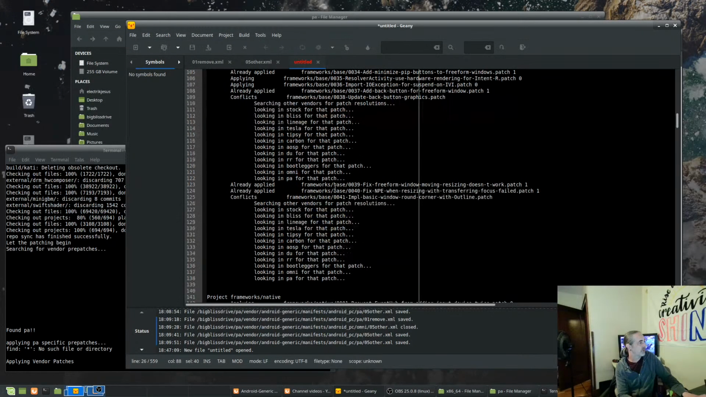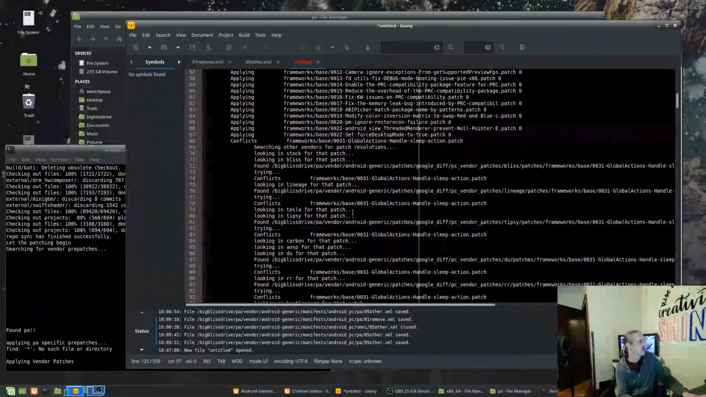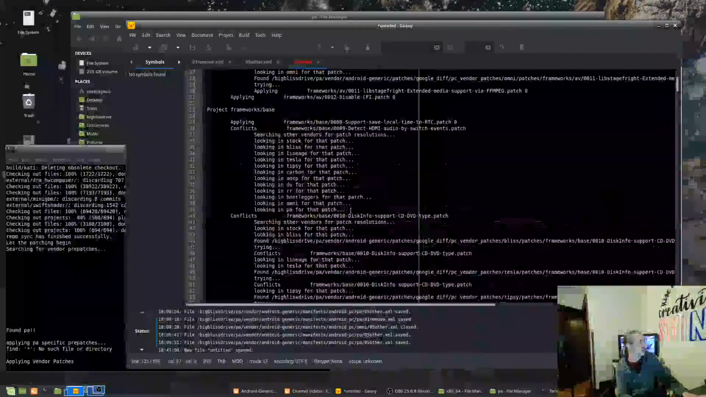Update back button graphics. Patch. No reason that should have failed. Unless they already have a back button for their freeform windows. We'll have to check that one out then too. And rounded window corners patch failed. So we will start with